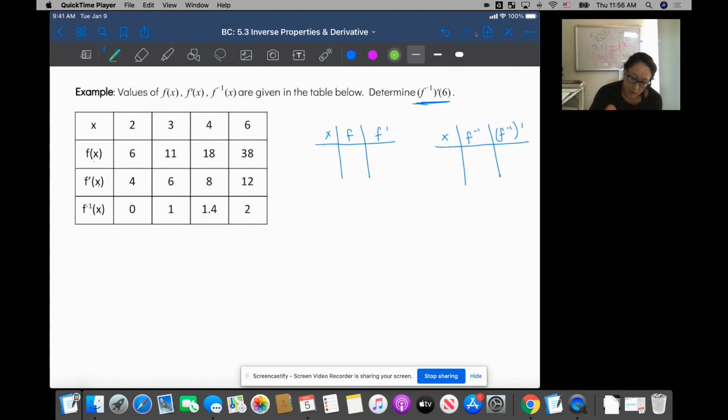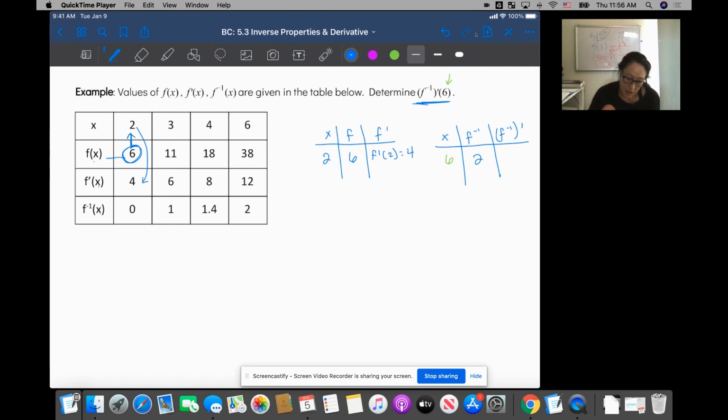So we're starting with, let's see, I have f inverse prime, 6 is the input, so that becomes the output to the original. So when does f have an output of 6? So I'm like, f has an output of 6 at x is equal to 2, okay? So that means the output to the inverse is 2. And then I need to look, okay, what is f prime of 2? f prime of 2 would be 4,